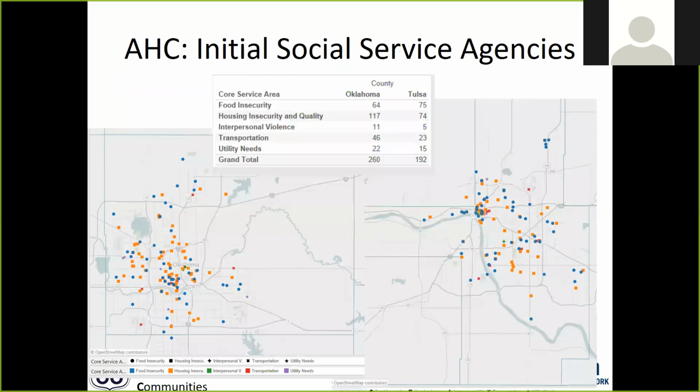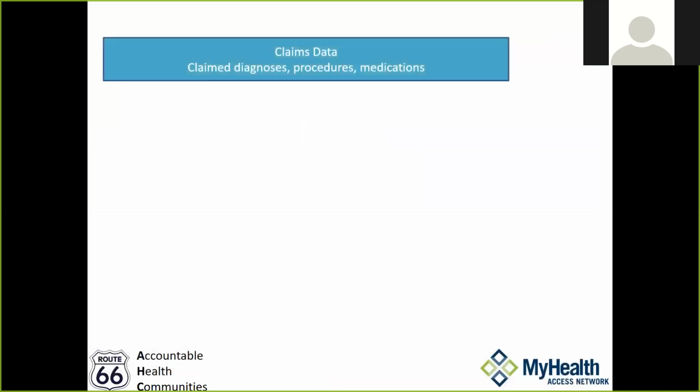So these are the initial target agencies in our communities. You see actually 2 communities there. On the right is Tulsa, on the left is Oklahoma City, and you see dots everywhere. We have the different social needs across those 5. We were actually surprised at how many there were. These are not massive communities, probably roughly 1 million each in their metros, and close to over 200 social services in our target zone in those 2 communities.